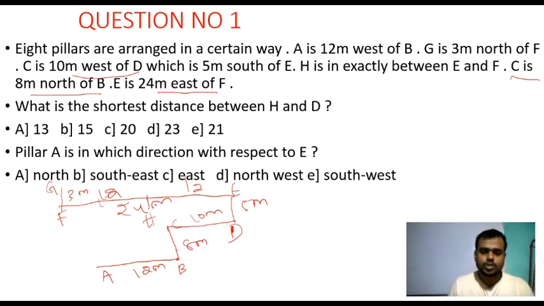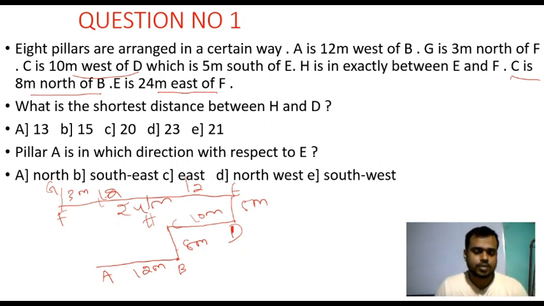Now we just have to remember that this is 10 and we have to consider the distance 12. That means we have to consider the point A is exactly behind the point C. Otherwise, how can we consider the distance 12? Because the 10 is mentioned here. We just have to plot the diagram carefully. After that, we can solve the questions easily. Now here is the diagram. After that, we can look at the types of questions.